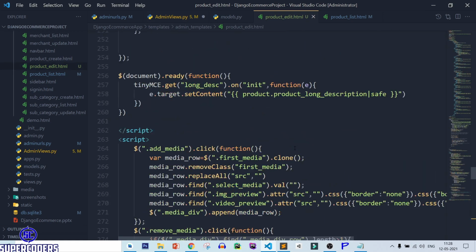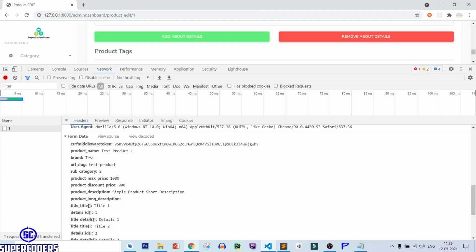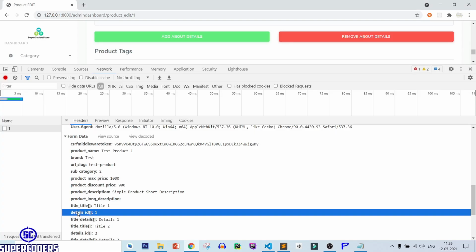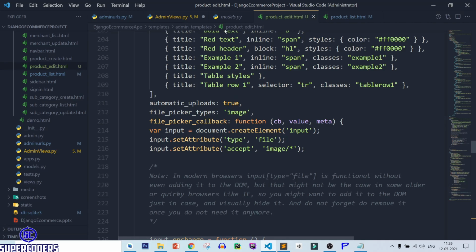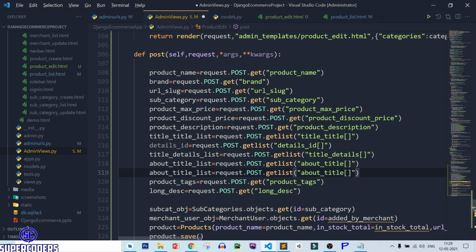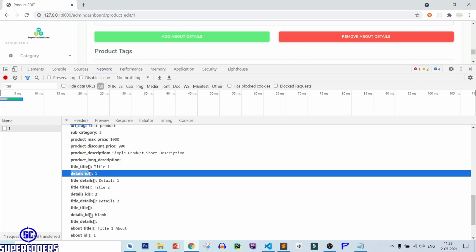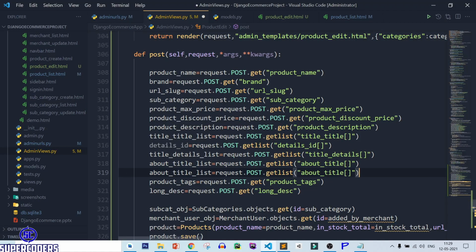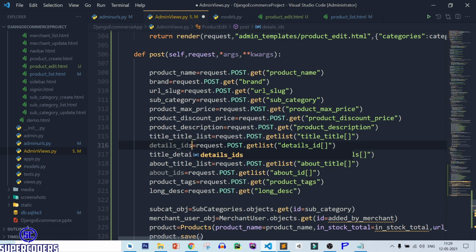Then here, let's see the field name. So check field name from here also, detail_id. So one is detail_id, and after that we need to add one more thing, which is about_id. So about_id, change it to getlist, because it is a list of data.